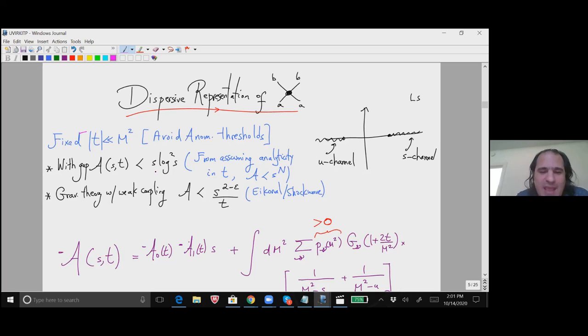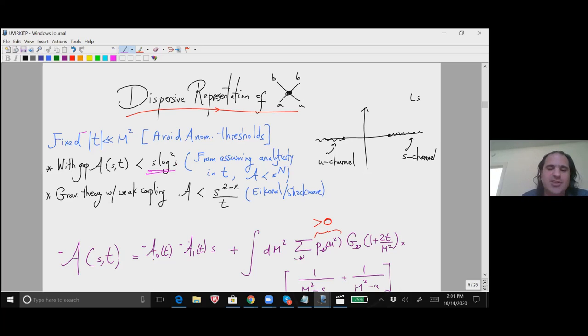If you assume that it's just power bounded at all, then remarkably, assuming analyticity in T, you get this much stronger statement that it's bounded by S log squared S. There are similar arguments if you have gravity. So if you do have T